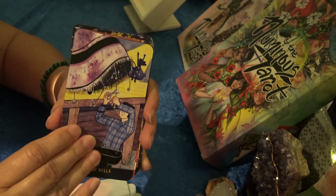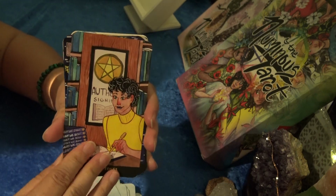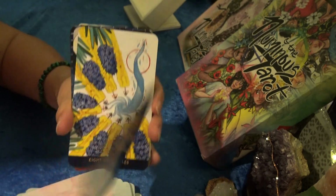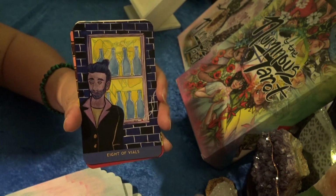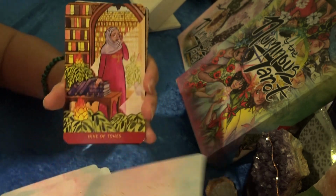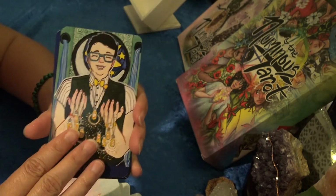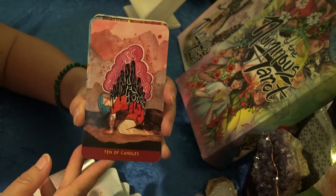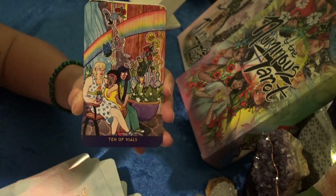Seven of Bells, Seven of Candles, Seven of Tombs, Seven of Vials, Eight of Bells, Eight of Candles, Eight of Tombs, Eight of Vials, Nine of Bells, Nine of Candles, Nine of Tombs, Nine of Vials, 10 of Bells, 10 of Candles, 10 of Tombs, 10 of Vials,